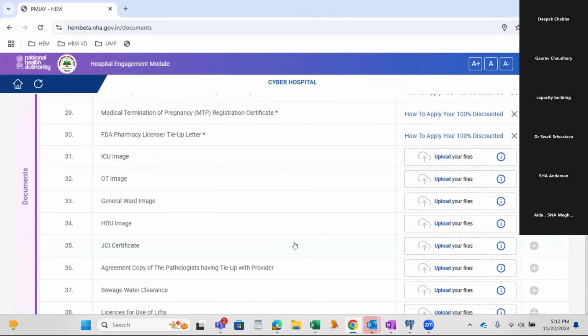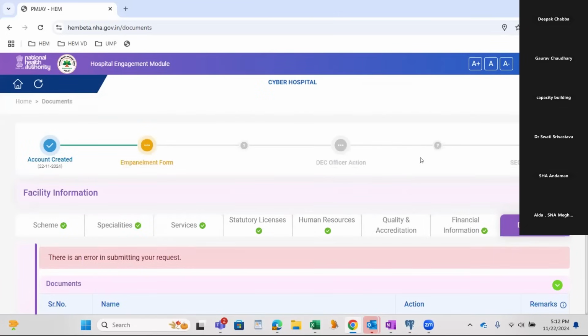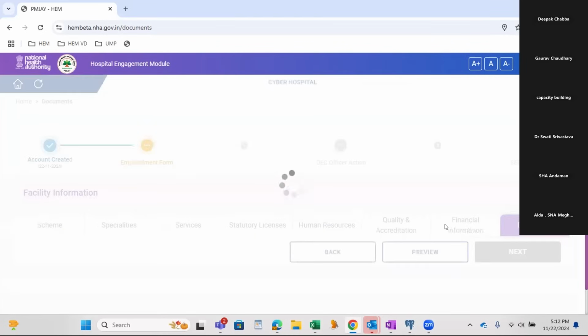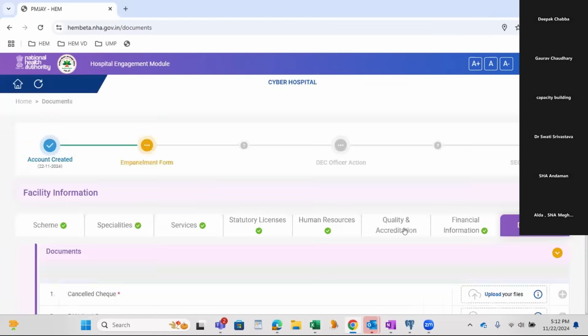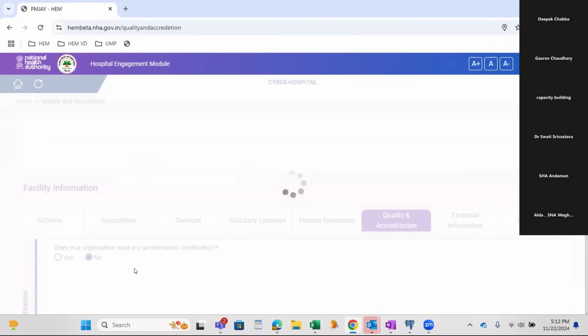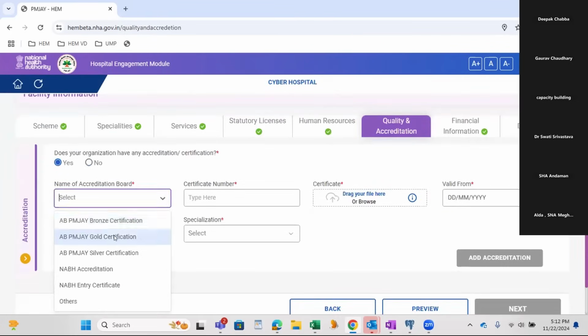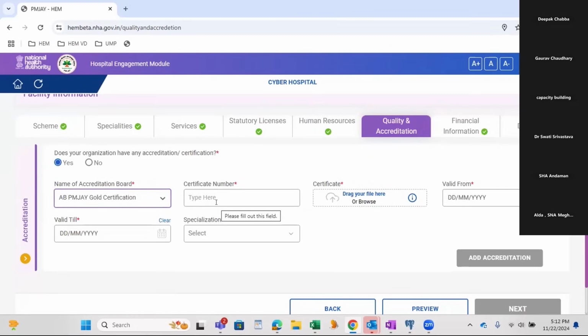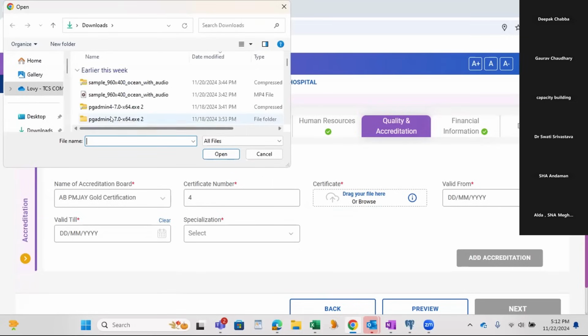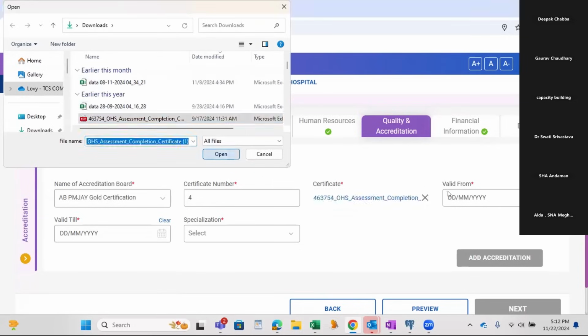Here in this section, meanwhile he's checking, we will fill all the details and click on save. The moment you fill all the details, please check the quality accreditation, mark the tick. I have purposely left this because something was coming. We'll check then.